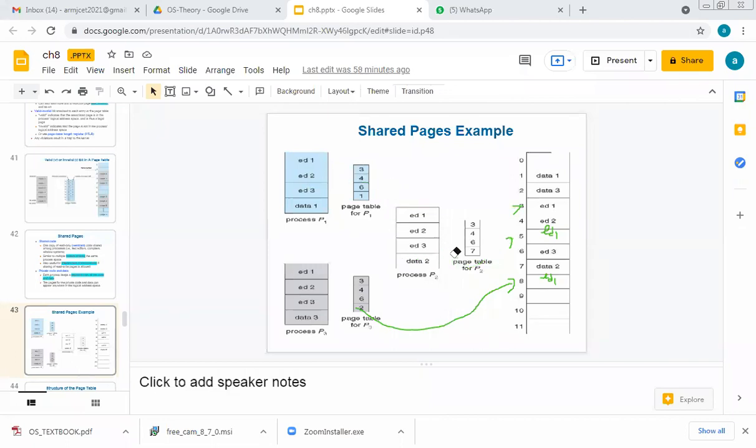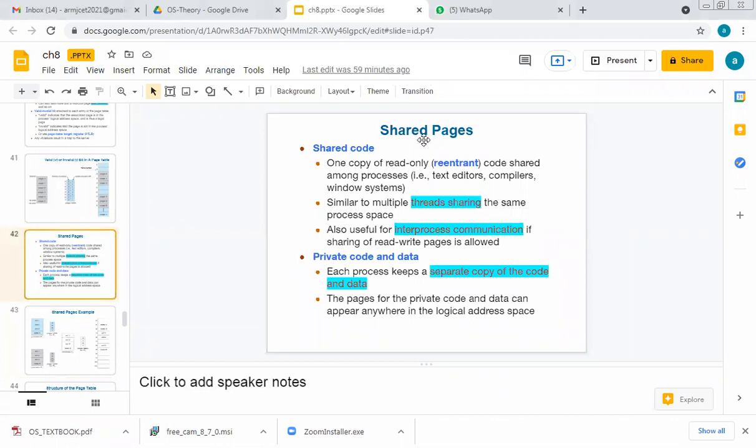If we have very restricted memory, then the memory management unit will decide whether to give it by FCFS, or by SRF, shortest job, round robin, and so on. Whichever the method, that is decided by the memory management unit. So that's the idea about shared pages.